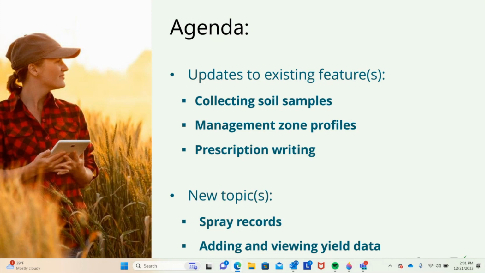Now, for some new topics, these are some fresh things that we've added into the software recently that can provide you more value and help you get more done with FarmQA. The one that we're really excited about is spray records. That's a feature that we've added in the last couple months, and that's a great way to help you and your clients get compliance done. We're going to show you how to get your exports for your spray records. You can add applicators to your spray records to show who actually applied all of those products. And we're going to give you some fantastic exports that you can share for compliance reasons or